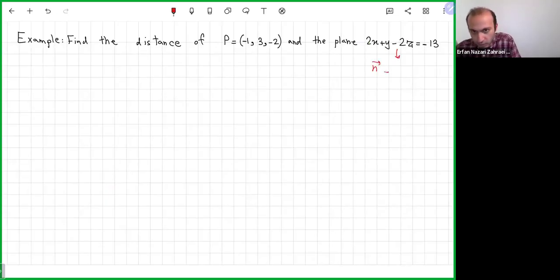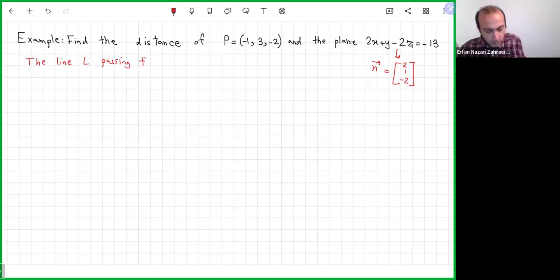So the normal vector is (2, 1, negative 2). Hence, the equation of the line, let's call it L, passing through P and perpendicular to the plane,